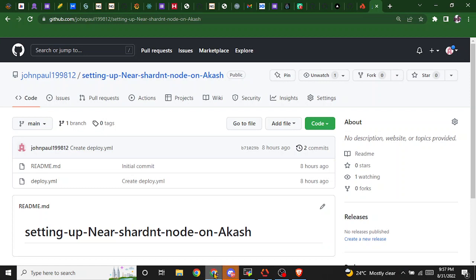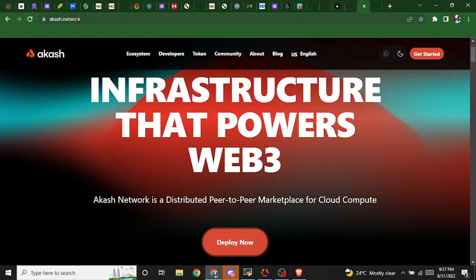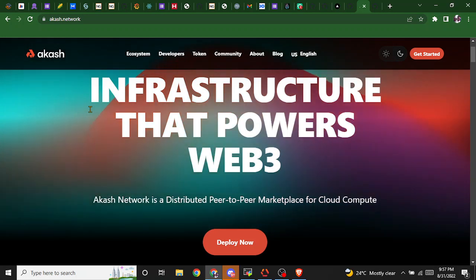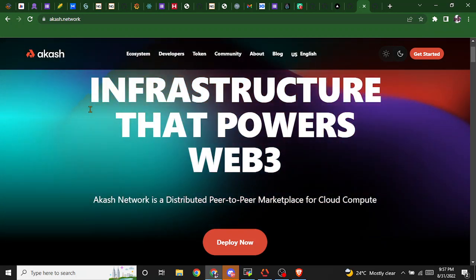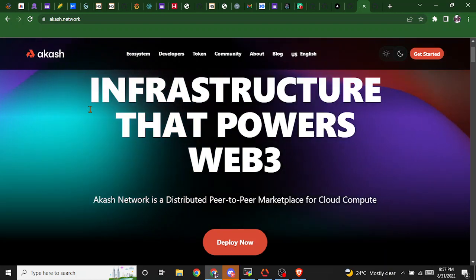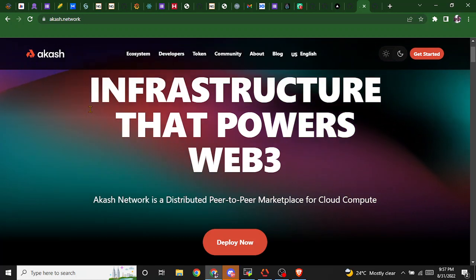I'll be giving you a guide on how to set up your Near Net node on Akash Network. This is the website, akash.network. Akash Network is a decentralized marketplace for cloud compute. This is a place where you will do peer-to-peer transactions